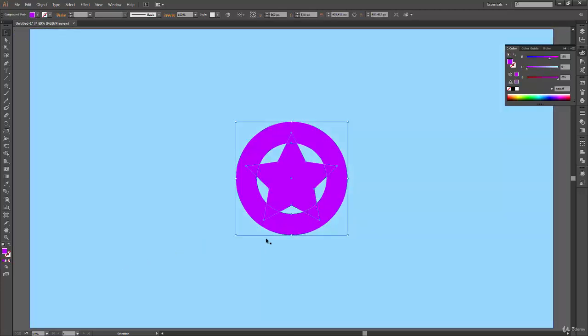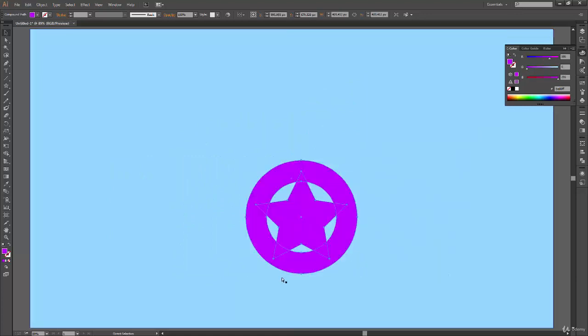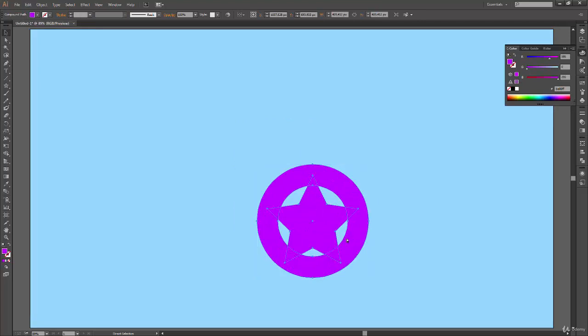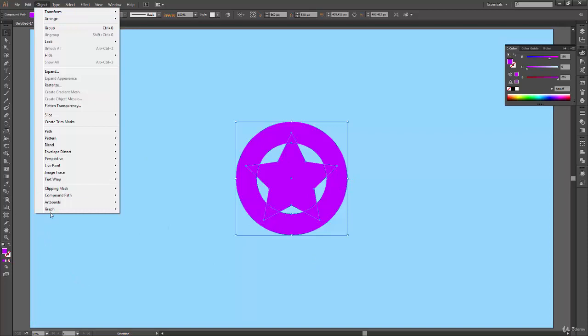Furthermore, if I want to release this now, because when you have made any compound path, then if you click and drag it, everything goes together. But let's say I have made a compound path, and I want to release it again. I don't want this compound path, I want to make something else out of it, but I'm not able to get my shapes over here, because whenever I click, I get this entire thing. So you can actually release your compound path, but for releasing, you can again go to object, compound path, and this time you can see this release option is enabled.